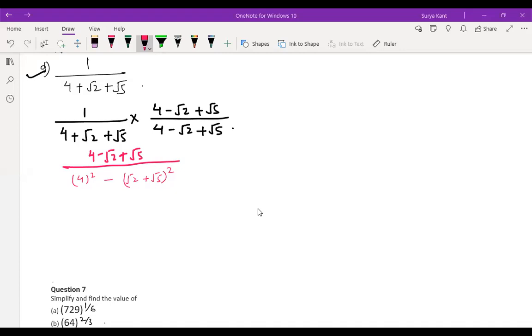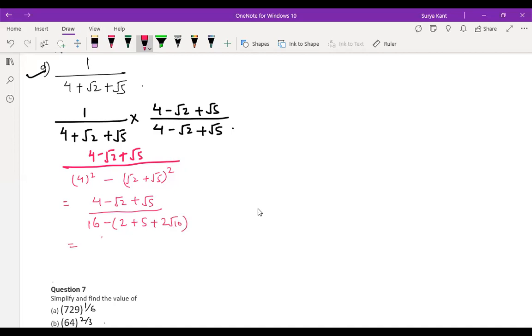That's what you got now. Sir, that one is 4 minus square root 2 plus square root 5 by 19. Okay, same answer you're getting, right? Yes, sir. I got 10 root 5 plus 11 root 2 plus 8 root 10 plus 24 by 4. Okay. Let me just solve. 4 square is 16 minus root 2 square is 2 plus 5, a square plus b square plus 2ab, 2 root 10.